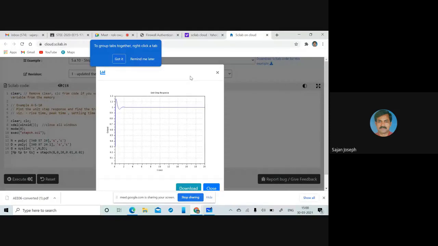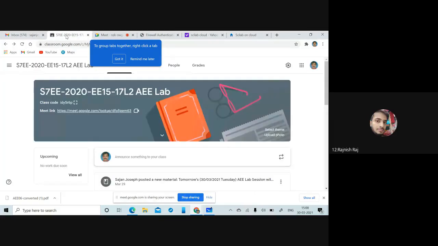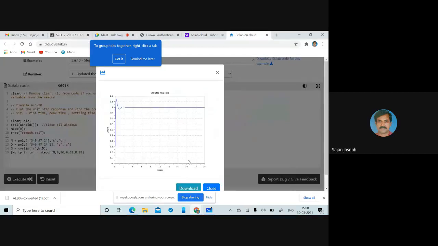You can see that you are satisfied. And what is the maximum overshoot here? 1.15, approximately. Yeah, so it is 15%. What was the target? Less than 17. So that objective is satisfied. And what is the settling time? About 2 seconds. So therefore, our design objective is satisfied.